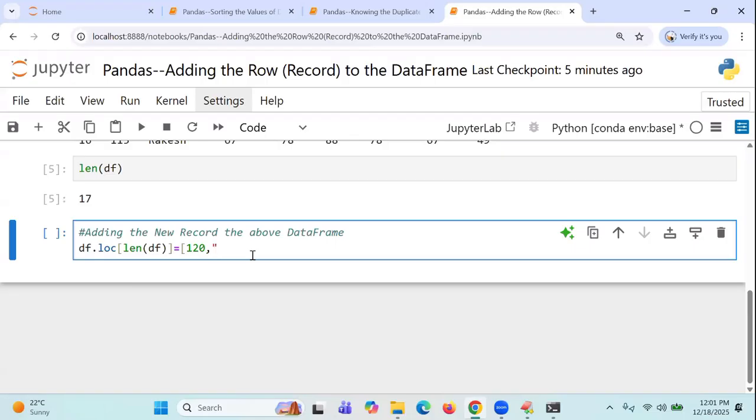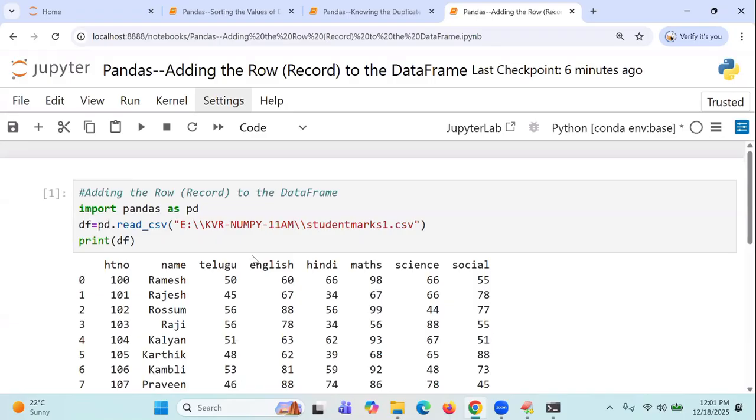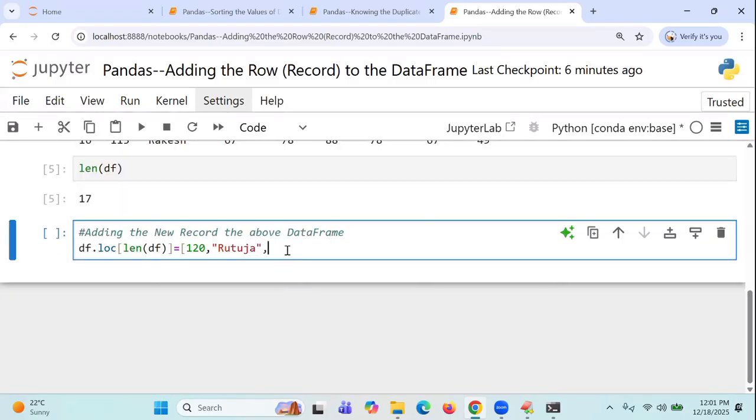Next I am going to give something like Rutuja. So I am going to give Rutuja. Next I am going to write what marks? Next Telugu, English, Hindi. Telugu marks is 66. English marks is 77. Hindi marks is 88. Maths marks how many? 99. Science marks